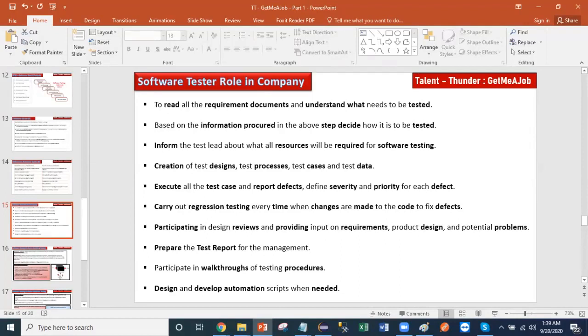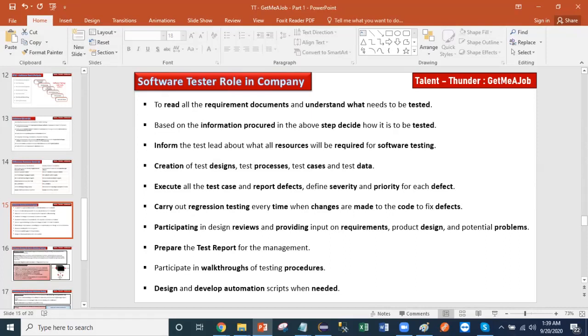Once it is prepared, they can ask the IT manager to give them the test environment. Once they have the test environment, they will start executing the test cases. They prepare the report for the manager, and they give the report to the manager.